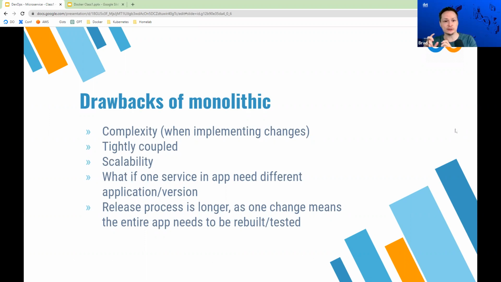Whereas when we look at a microservice architecture, the code bases become much smaller. So the code bases are a lot easier to work with in a microservice architecture, but microservices do come with their own complexities that I'll get into. But both of them have some type of complexity with them. And usually with monolithic type applications, that's because they're tightly coupled. And that just means that the different components of the application become dependent on each other when they really shouldn't be.